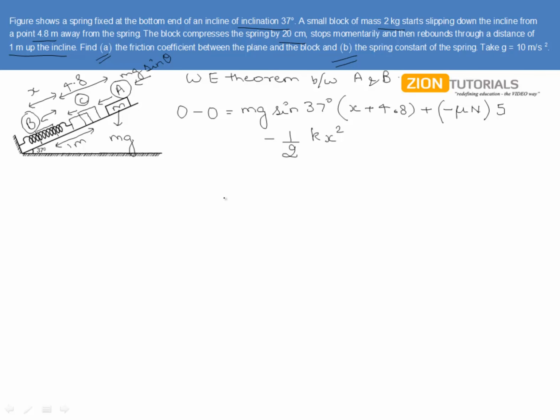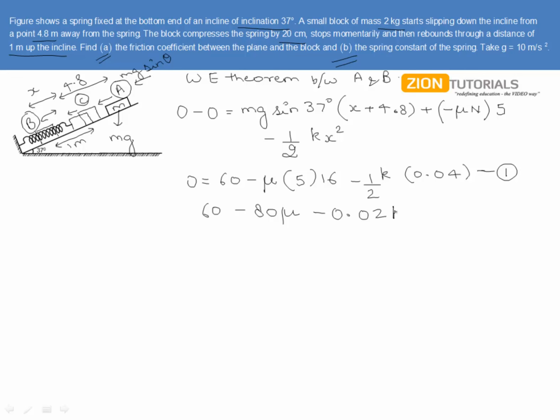Right? Putting the values over here, we get 0 equal to 60 minus mu into 5 into 16 minus half k into 0.04, and that is equation number 1, and it will further give us 60 minus 80 mu minus 0.02 k equal to 0. Now similarly for the upward motion, that is the work energy theorem between the points B and C,